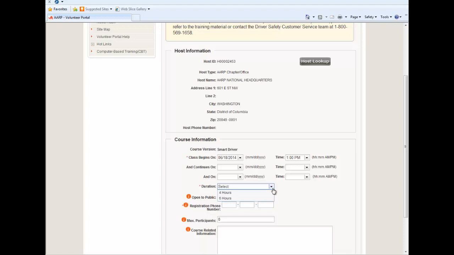Since this course is in the District of Columbia, we can choose between 4 or 6 hours. For our purposes, we'll choose 4 hours. Here below, you will see some information fields with an orange bubble next to them. If you have a question about what this field is, simply hover your cursor over the orange bubble for an explanation. You'll see that Open to the Public